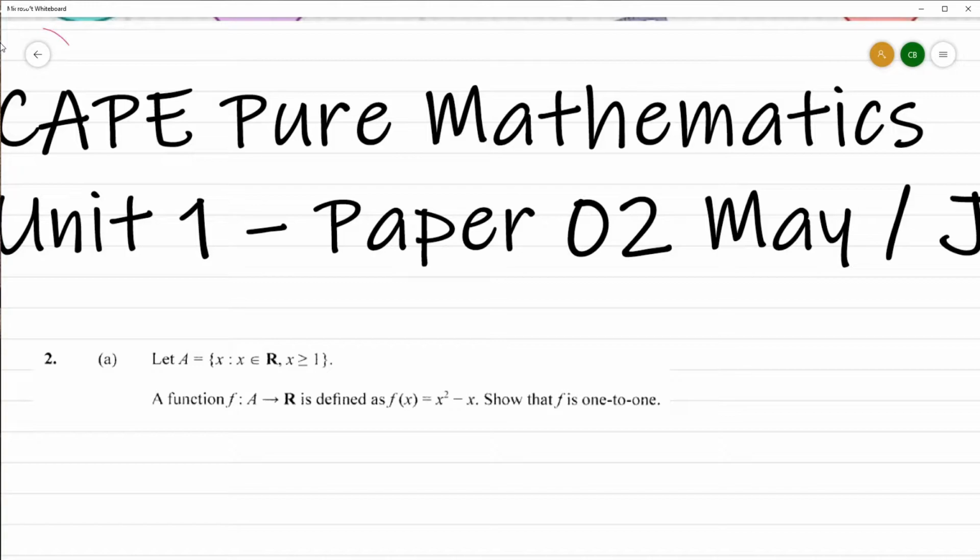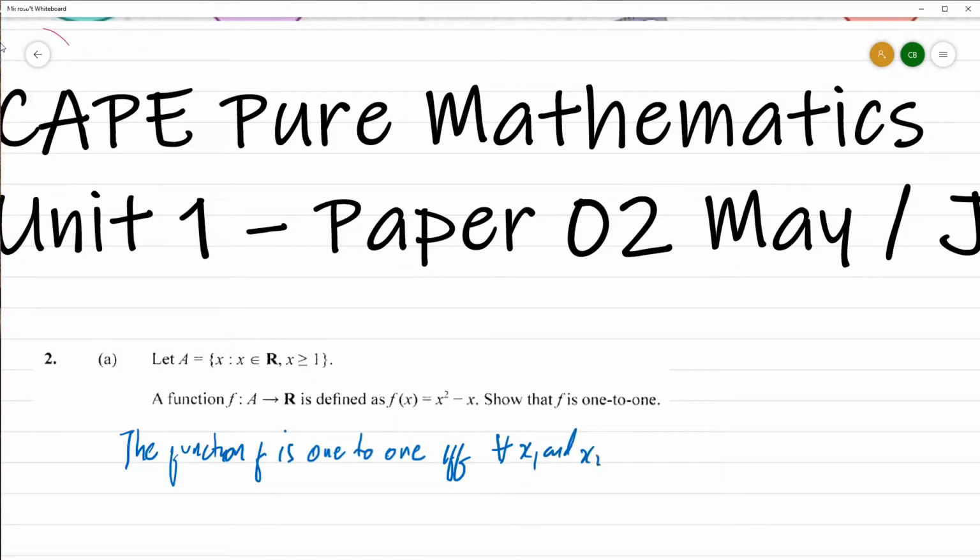So the function f is 1 to 1 if and only if for all x1 and x2 that are members of A,